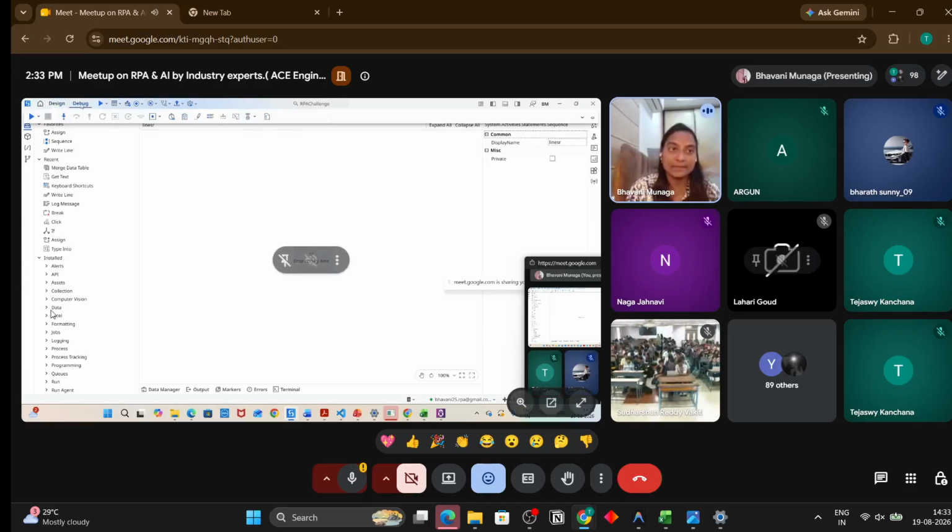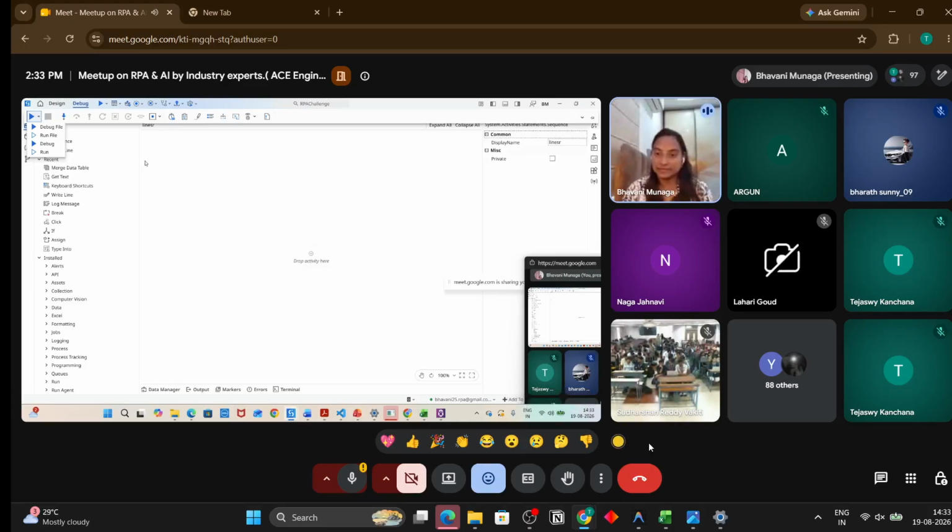If you see the debug, once the automation is built, if you want to debug the file, if you want to check where the errors are, you can do it using the debug file. Run file is nothing but if you want to run a particular file, you can select run file. If you click on run, the entire automation will be run.